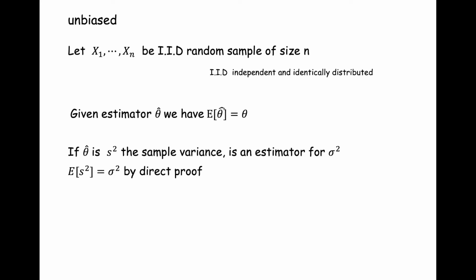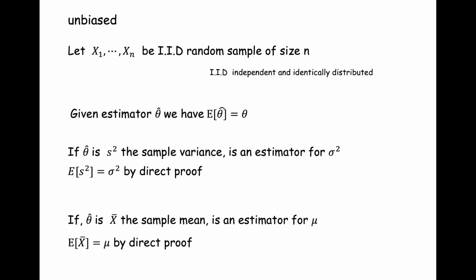And so if your estimator is S squared, the sample variance, well, we said the sample variance is an estimator for the population variance, sigma squared. So that means, by direct proof, which is true, remember, this sample variance has 1 over n minus 1 as the leading coefficient. If we take the expectation of this sample variance, we get exactly sigma squared, and we can do this by direct proof. Likewise, if our statistic, our function over the data over a sample, is x bar the sample mean, we said it's an estimator, a good replacement for mu, the unknown population parameter, the population mean.